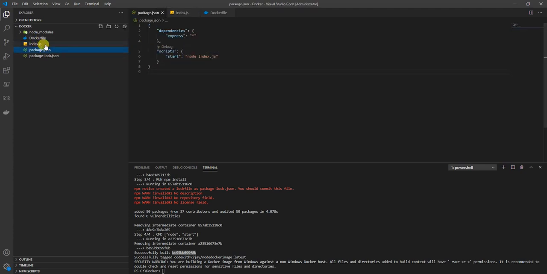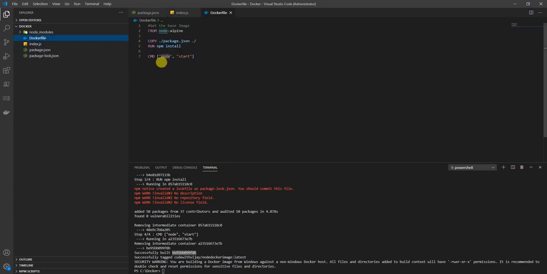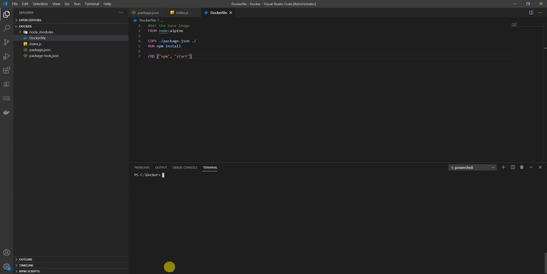And here we have node. One thing here is there should be npm, not node, that's a command. Okay, let us create a container from this image. So the command to do that is, let me clear the screen first. The command to do that is docker run